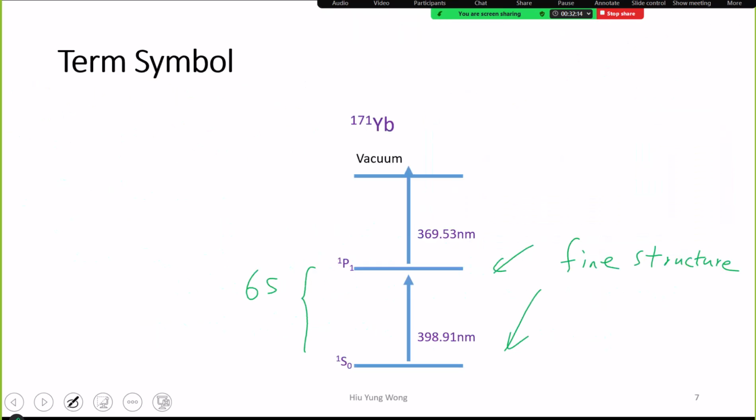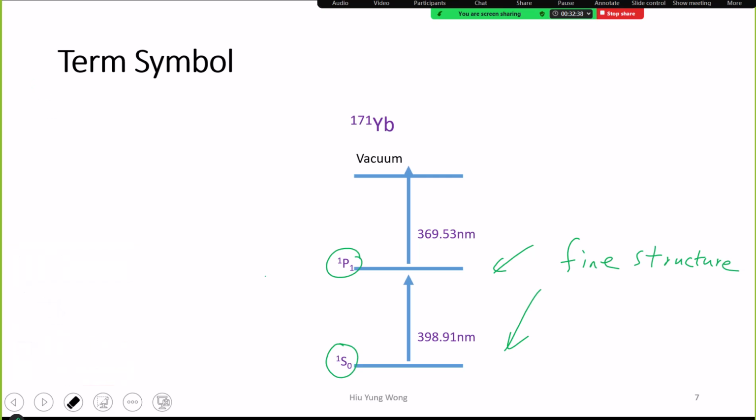But here I want to introduce another symbol called term symbol. Right? This one will be useful in the future if you try to read the literature. Right? So let me remove this. So what is the meaning of 1p1 and 1s1? Right? So first of all,